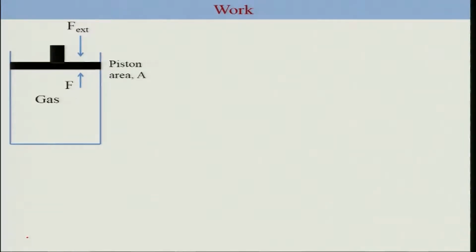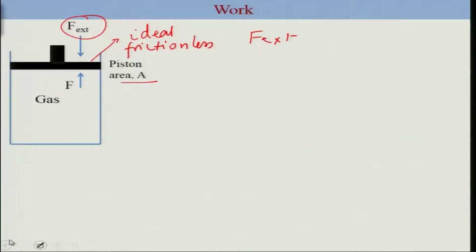This is a system where you have F external applied to an ideal frictionless piston having an area A. This F external is basically the force needed by the surrounding in order to compress, let us say, the gas and reduce the volume by half, or this force will be felt by the surrounding as the gas expands. Now we can write the work done by the system by writing the general